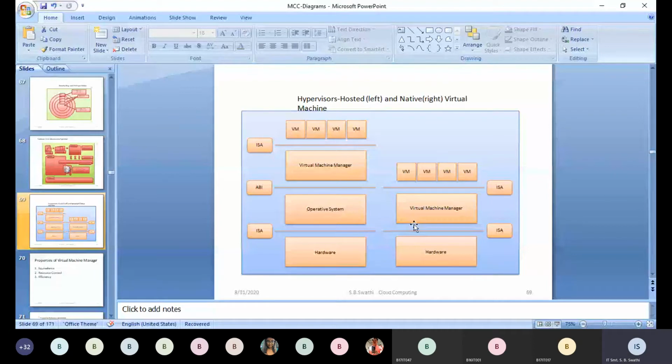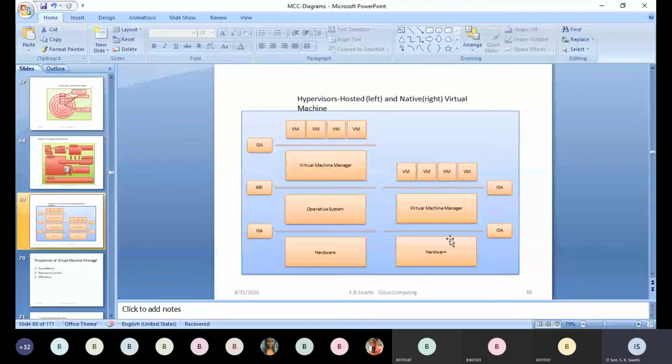So what is a type 1 hypervisor? Type 1 hypervisors interact with the hardware directly, that is, they are installed on the hardware directly. The second one you see here is a type 1 hypervisor. There is direct interaction with the hardware.